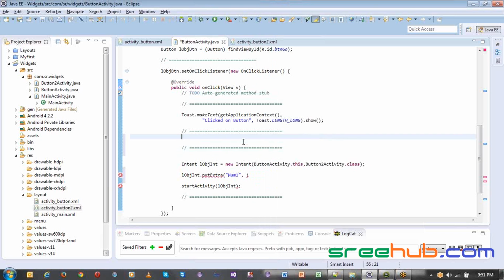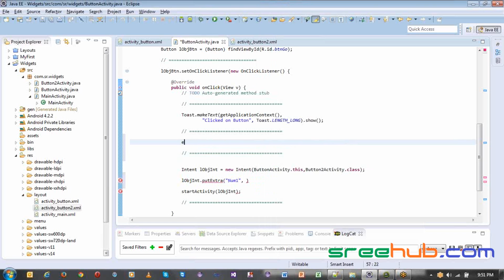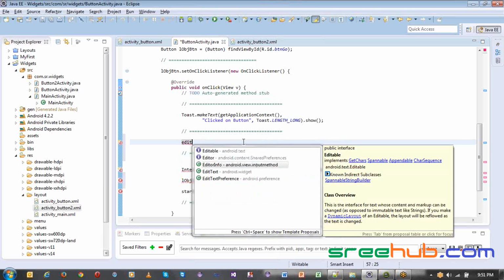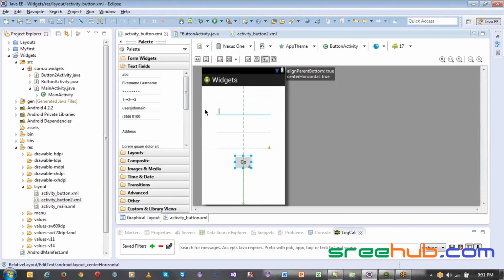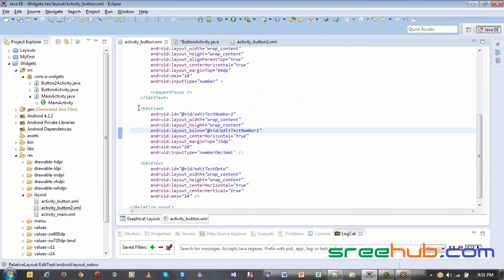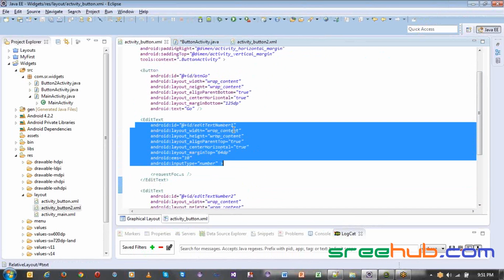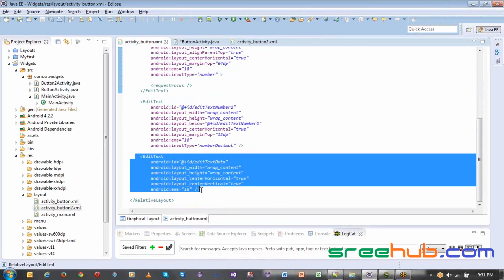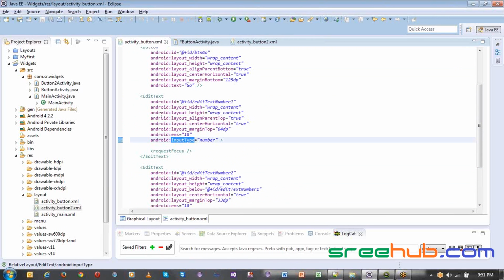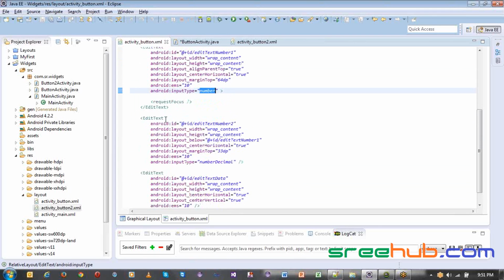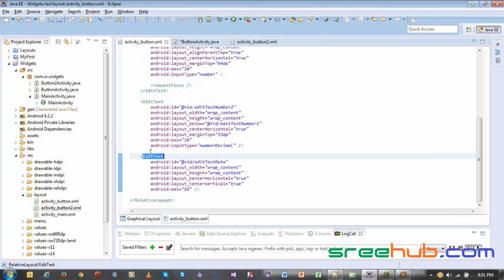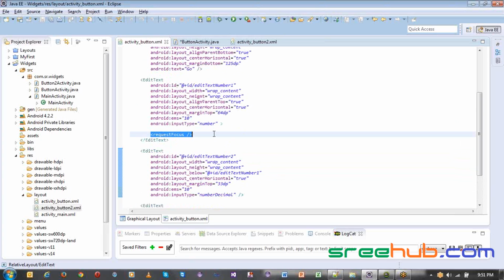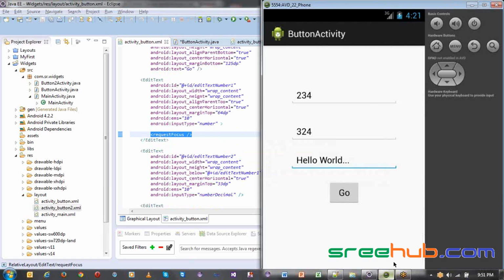Now first let us get them. Let's say I want an edit text, because all these three controls are called edit text. Edit text here, and edit text here, and your edit text here. Now you can see what the difference is here. You can see that the input type of this edit text was number, the input type of this edit text was number decimal, and the edit text here is a plain input type. And you can see here there is one attribute called request focus. This request focus is nothing but whenever the activity loads up,